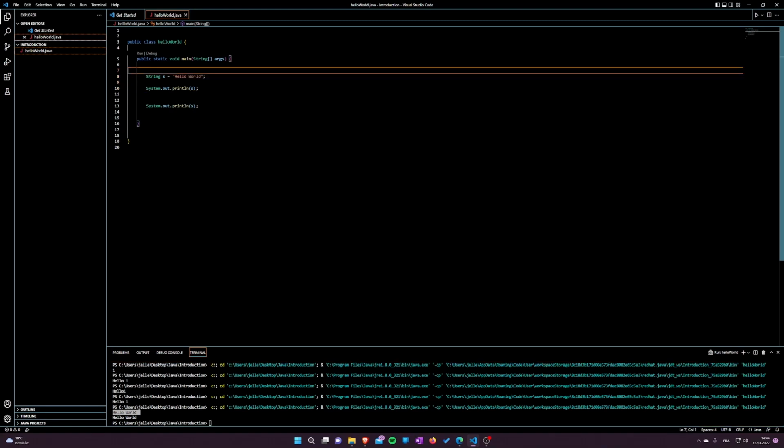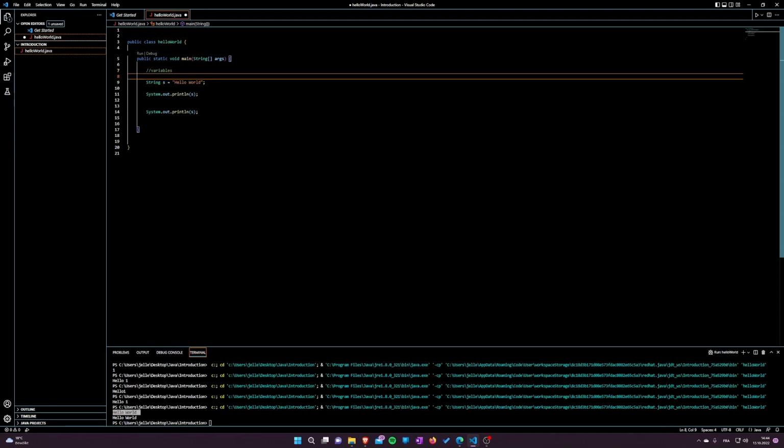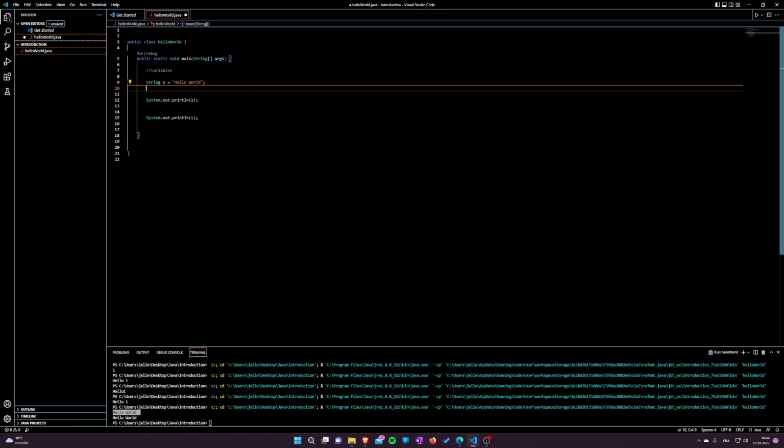So this is called a variable. Variables are very important for programming because you don't want to write the same sentence over and over again, for example, or you have to save something. For example, you want to save the number 2 into